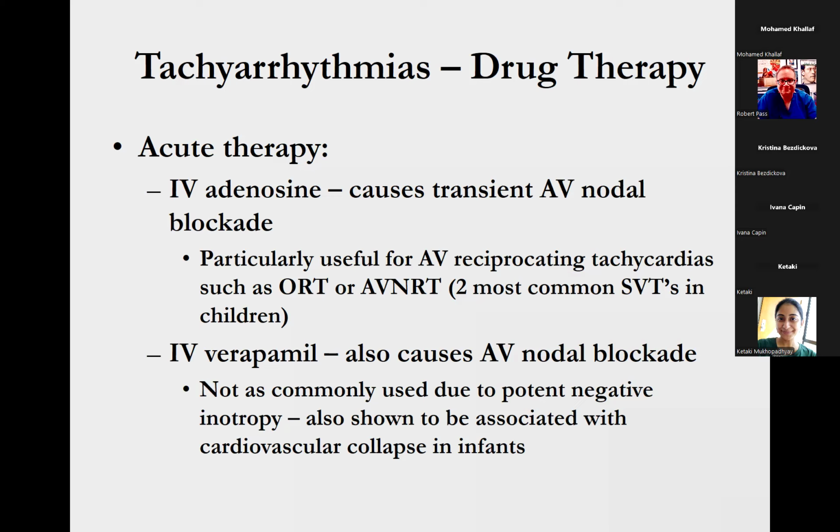So just because of the high level of concentration. It may be something specific to infants as well, but I think in 2024 and probably for the entire period of my entire career, we have not generally used IV verapamil for young children with SVT. But for older kids, and particularly prior to adenosine, which really was only available in the late 1980s and early 1990s, IV verapamil was a very, very commonly used agent for anyone outside of the newborn period for acute treatment of SVT.